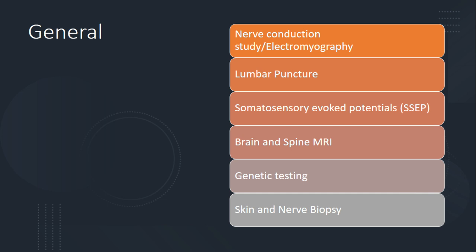Genetic testing, I tend to do it much more frequently for my patients, especially when there is concern for amyloidosis or some other genetic cause, like SCN9A related neuropathy or small fiber neuropathy. Skin and nerve biopsy can be done in cases to have more insight, especially in patients with vasculitic neuropathy when the antibodies are negative, which is the case many times in Sjogren's syndrome.